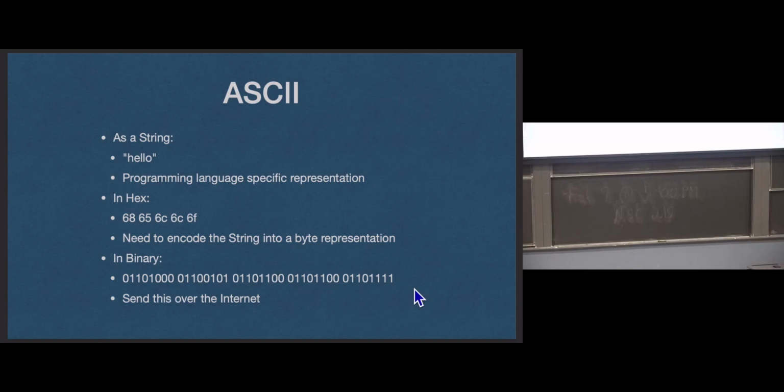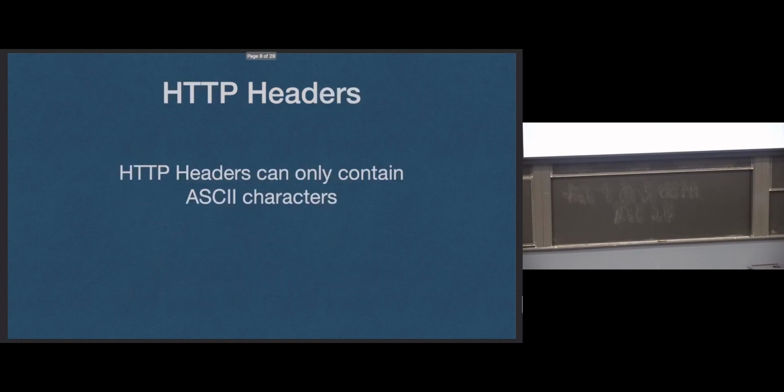Then we send the ones and zeros over the internet. So this is hello buzzing through the internet is going to look like this. HTTP headers are ASCII only. This is crucial for the functionality of the internet. So when we receive an HTTP request, or the browser reads our HTTP response, we know the headers are always only ASCII. So we can look for the byte sequence